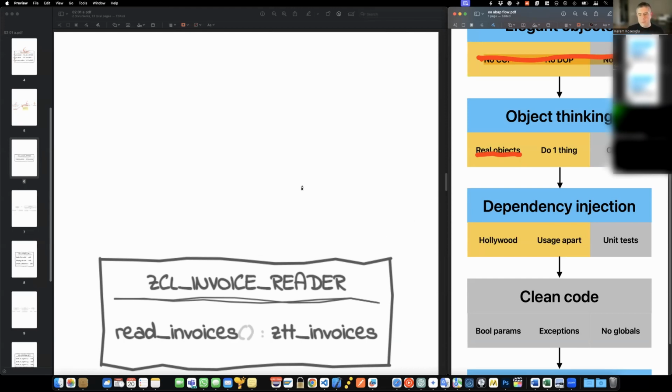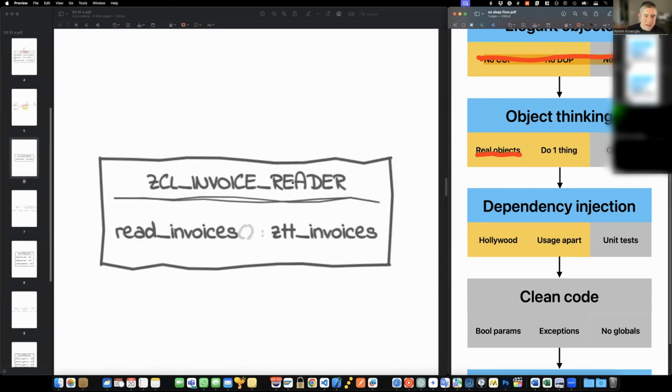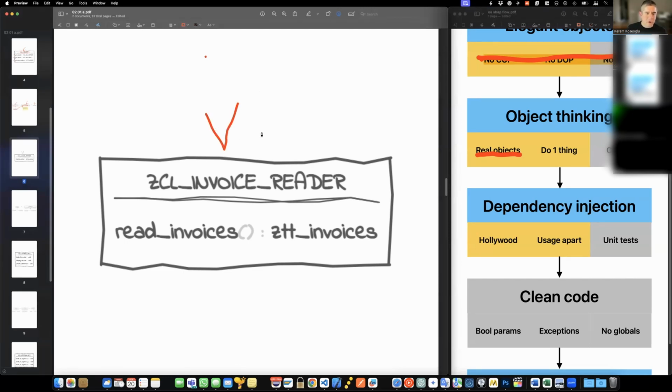So this concept, in my opinion, pushes you towards limiting the number of classes you should create and what kind of classes you should create. This is an example that I've seen all the time in my code reviews. Here is a class called invoice reader, right? And it has a simple method. This is actually oversimplified, as you can tell. There's a simple method called read invoices, which returns the invoices in a specific format. This is not a best practice either, but I'm just trying to keep things simple here.